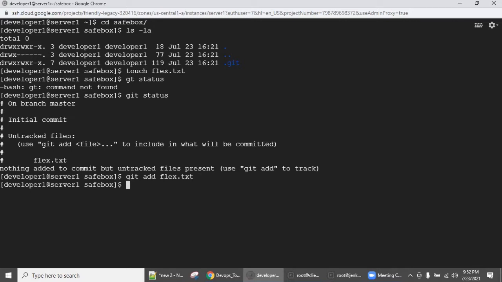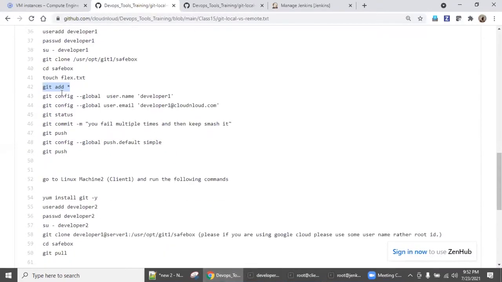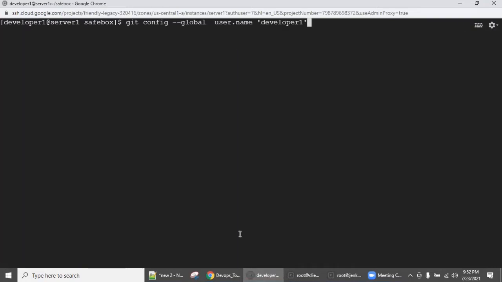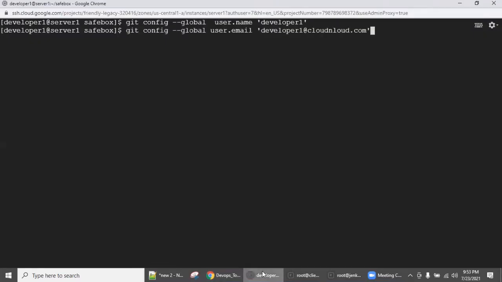Enter. Again run git status. Now it's tracked. The only thing is you need to commit. Configure who is the changer. I am the developer who changed this, so I am giving the name as well as the mail ID.